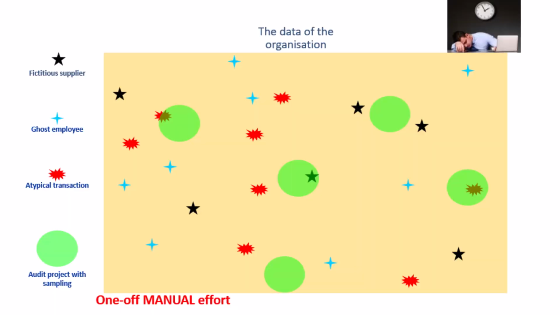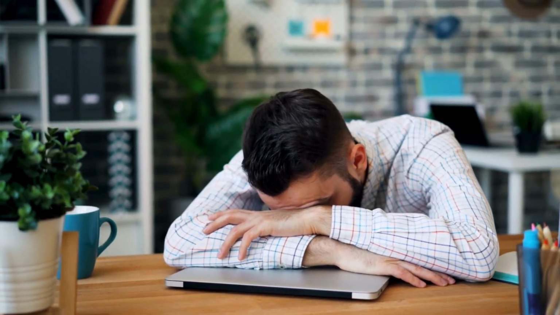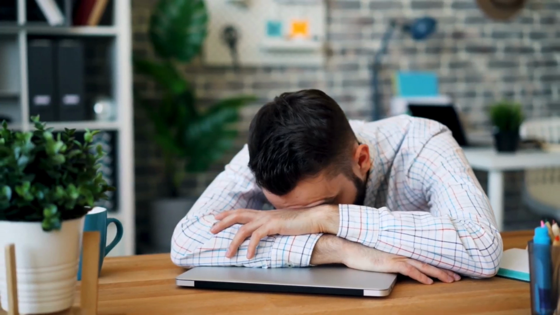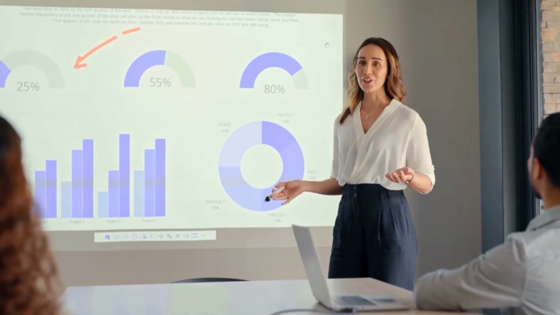It's a little bit like, if you're doing sampling, then you're going to find it quite hard to find the thing that is not going well in the entity. It's a little bit like the green spots. You might be lucky, but you might not be lucky. The other thing is we've got this guy up here falling asleep, because all this work about sampling is so much hard work and effort and takes a long, long time. If you're doing data analytics, you can cover the entire population and pick things out if you've got an automated data analytics method for finding things that are going wrong in your company. All right.